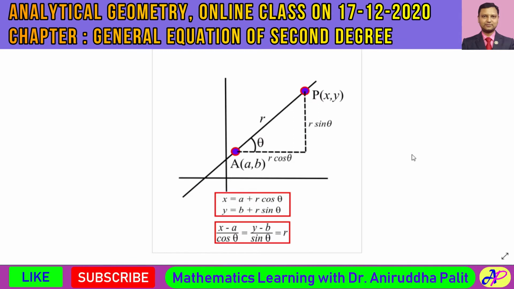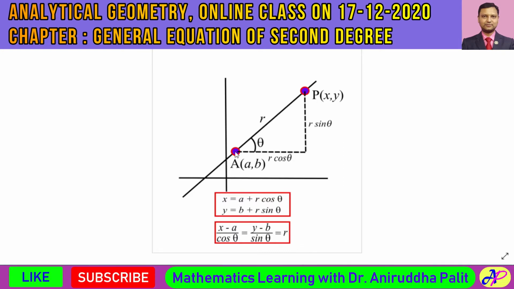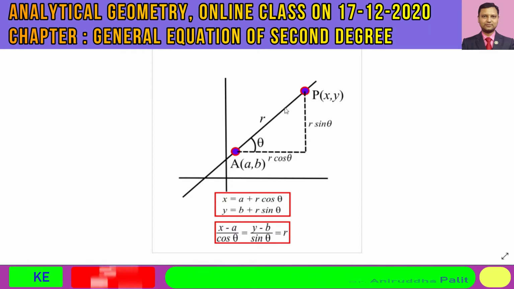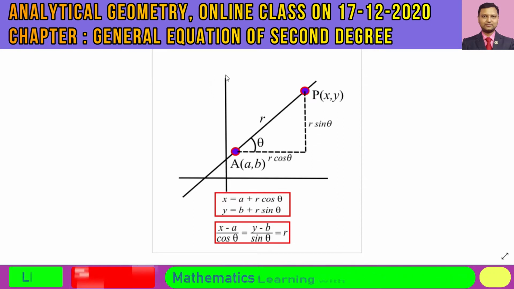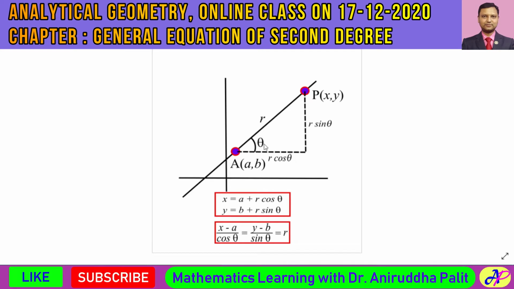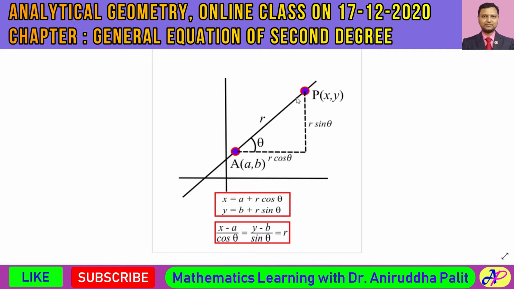This is the equation of a straight line. Suppose a straight line passes through a certain fixed point capital A having the coordinates (a, b), and suppose P having coordinates (x, y) is any arbitrary point on this straight line. Suppose this is the x-axis and this is the y-axis, and theta is the slope of this straight line with the positive x-axis. And the distance between A and the point P